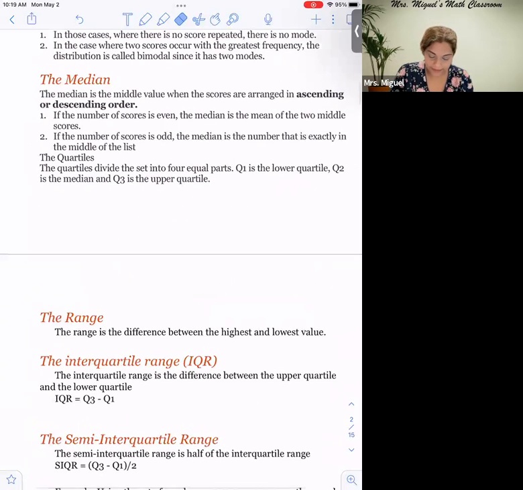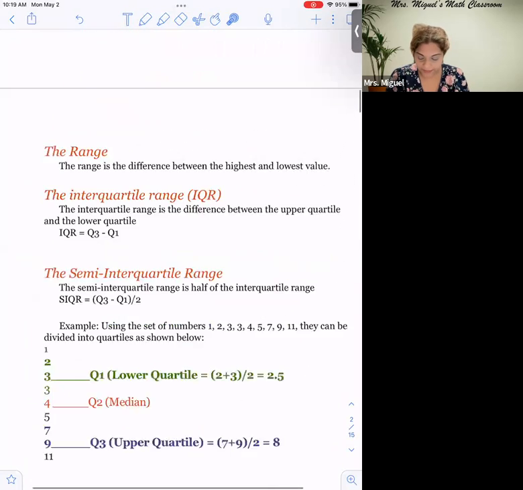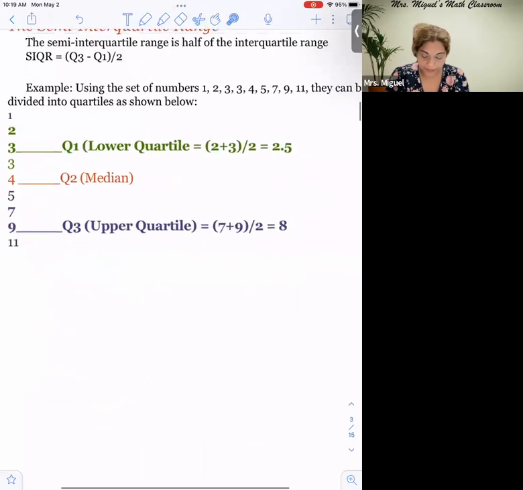The quartiles. The quartiles divide the set into 4 parts. Q1 is the lower quartile, Q2 is the median, and Q3 is called the upper quartile. So we have a set of data and we have quartiles, meaning a quarter, meaning a half, meaning 3/4. So if we have some data here,